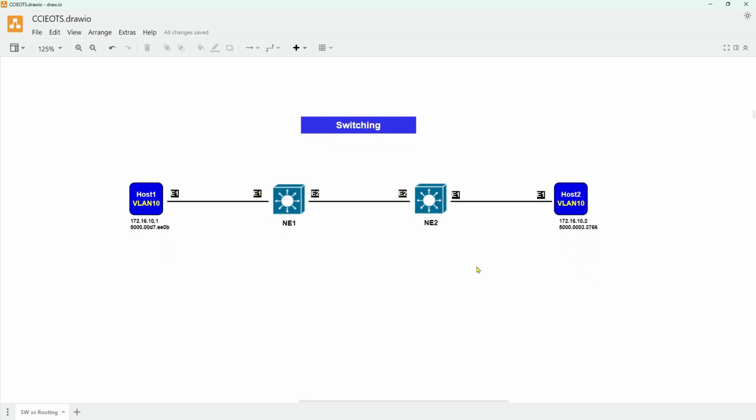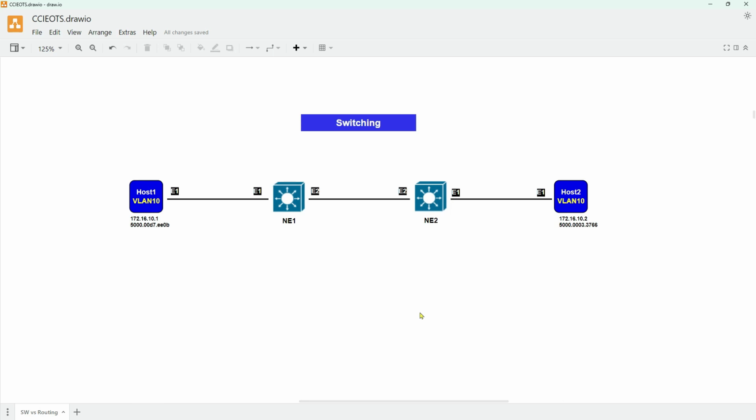Okay, so it's the same topology. I have just changed the shape a bit, okay? And you will see why I did that shortly. Now,